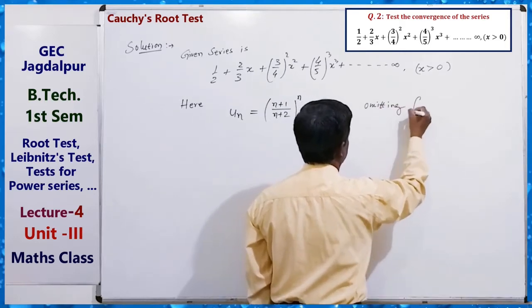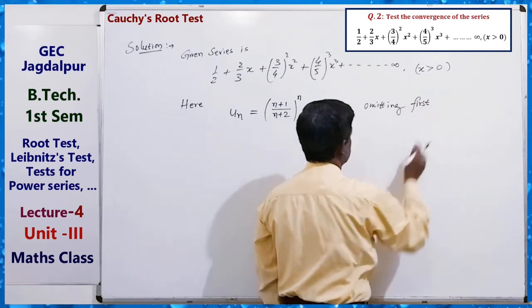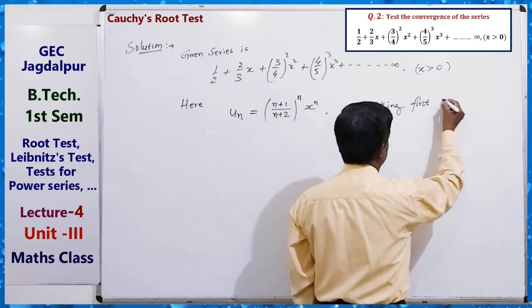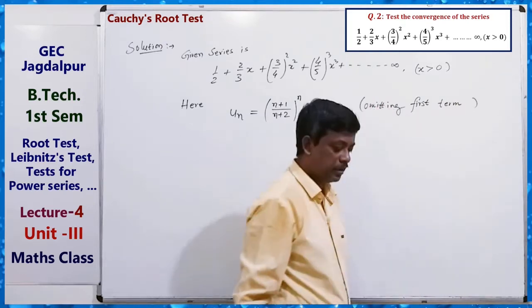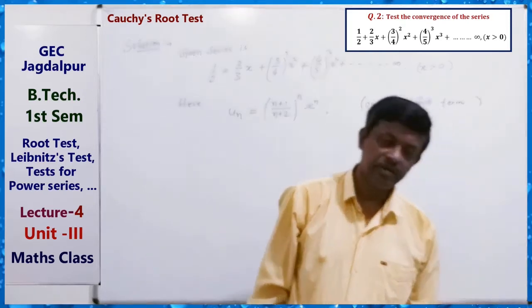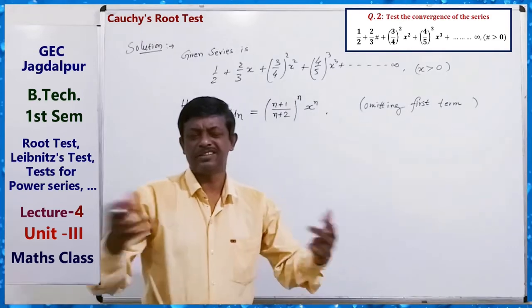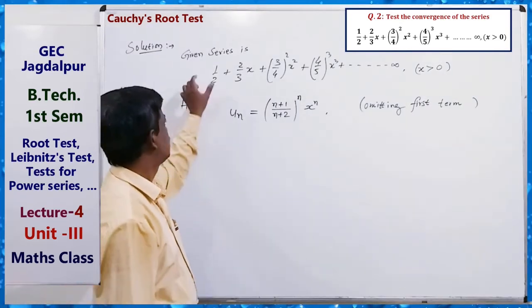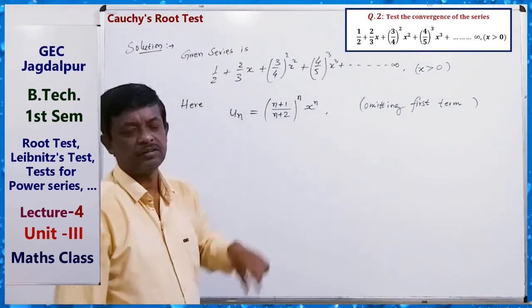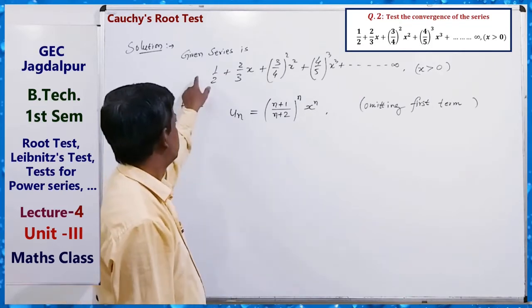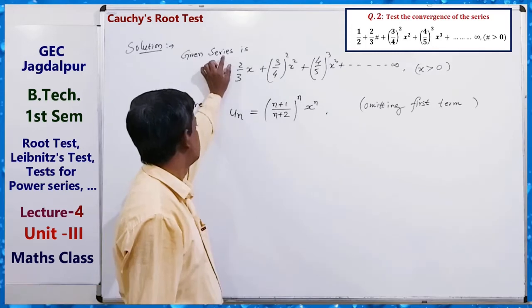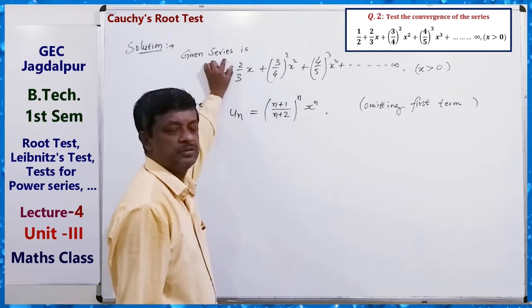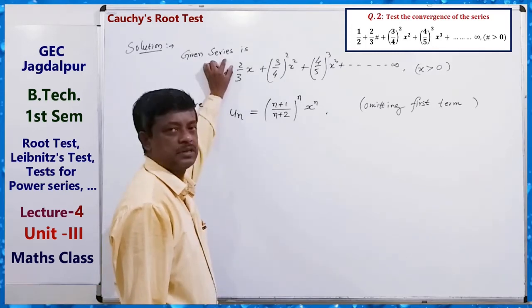Omitting first term. Okay, first term. We know that in the infinite series we can neglect the first term, so here just leave this term. Okay, so omitting the first term,